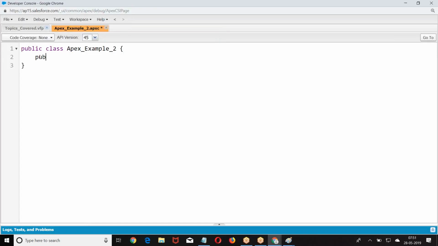So I was taking public integer A value, which gives A value, B value and result.